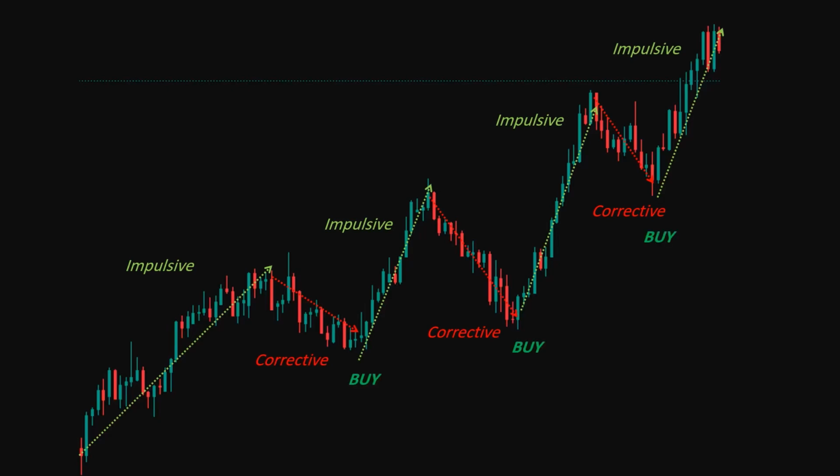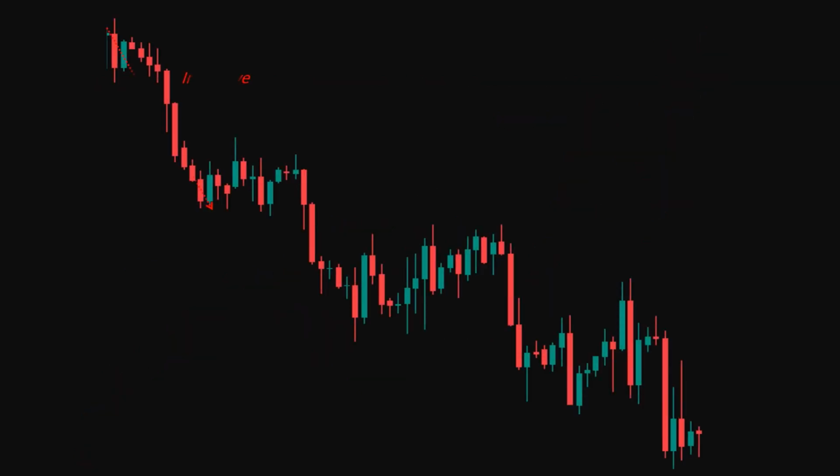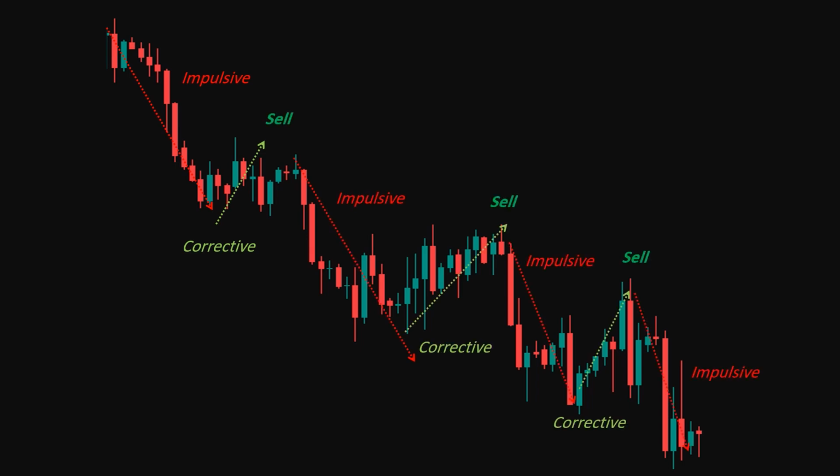But as the price keeps rising, some traders think it's getting too expensive and decide to take their profits. Others might even sell, expecting a drop. This can lead to a pullback or a small correction. Now on the flip side, when traders are feeling negative and not so confident, they usually start selling, which makes the price fall fast, another impulsive move, just in the opposite direction. As the price drops, some traders feel it's gone too low and start buying again, which can cause a bounce